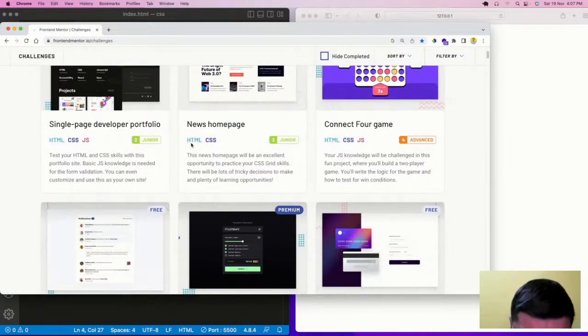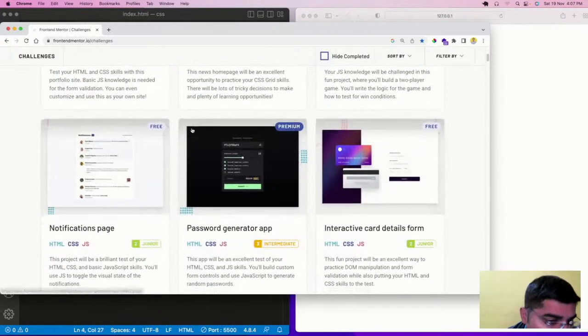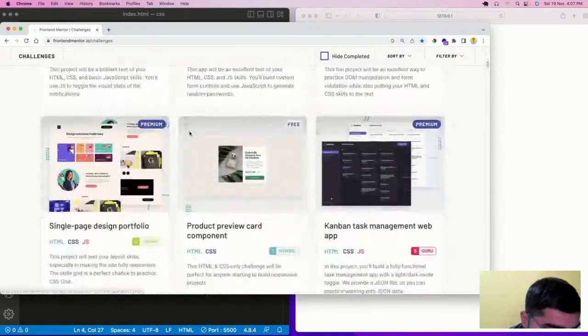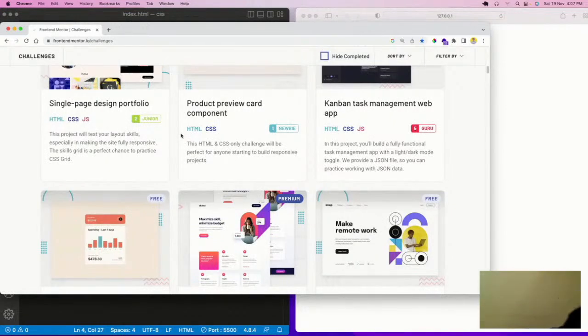You can prepare this with the help of HTML and CSS. This is a single page developer portfolio which you can prepare with HTML, CSS, and JavaScript. Based on your expertise, you can accept the challenge and do it.